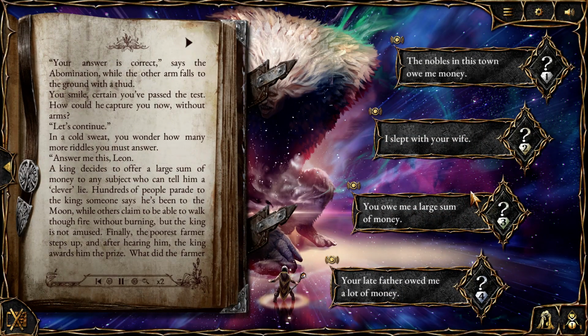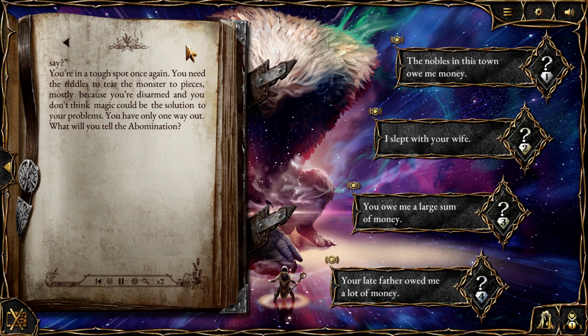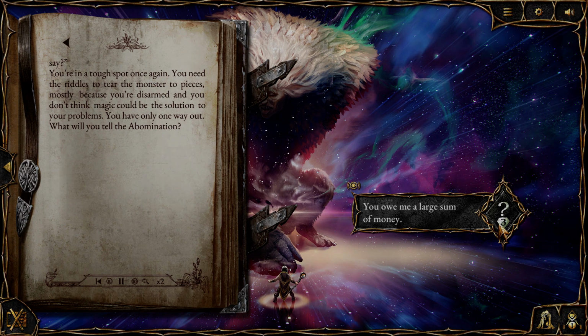Your answer is correct, says the abomination, while the other arm falls to the ground with a thud. You smile, certain you've passed the test. How could he capture you now, without arms? Let's continue. In a cold sweat, you wonder how...